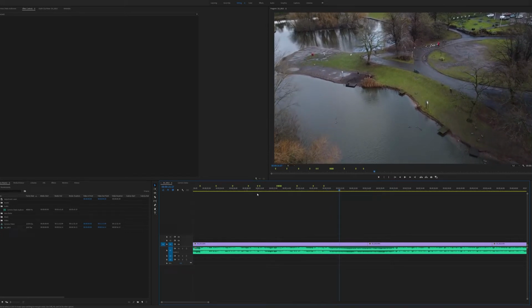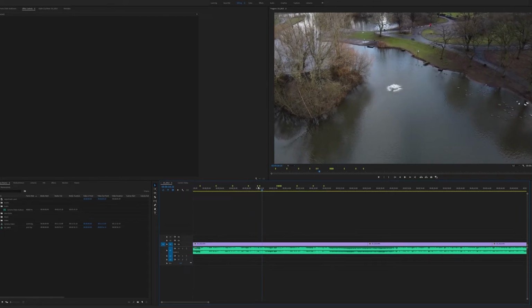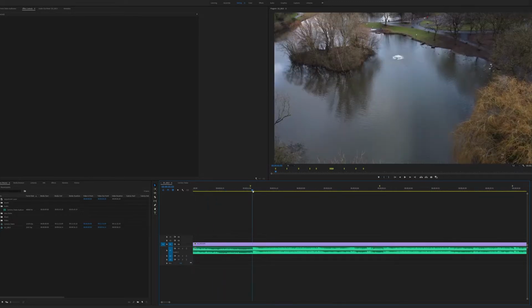Okay, so we've got roughly where we think we are with those. Let's just check these two. So we know we only need one of those because there's only one thing there, so let's clear that selected marker. So we right click and clear that. What we're going to do is zoom in slightly so that we can see where we are. We're going to put our playhead where the beat is, grab the marker, and drag it into place.